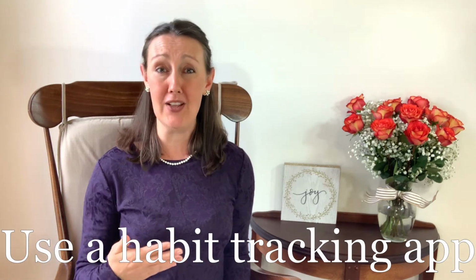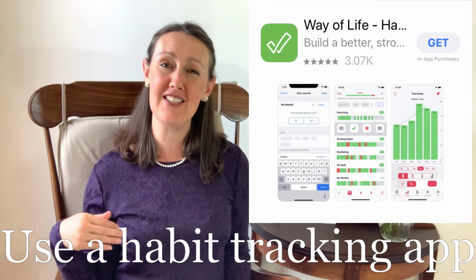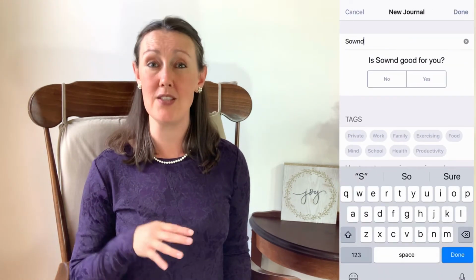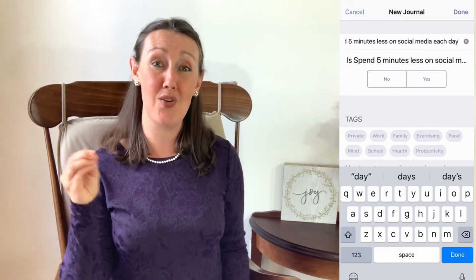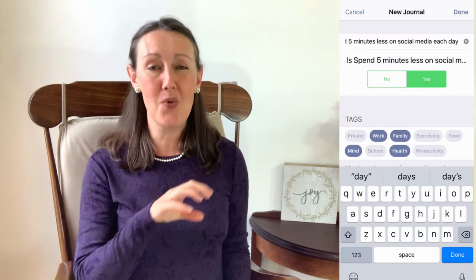All right, we're starting to get into some of the more serious or real strategies for using social media less. Number 6 is to use a formal program or application like Way of Life, for instance, that allows you to track 3 different habits for free, or of course they have paid versions. It works on Android and iOS, and it's a really intuitive interface, but it really enables you to set these goals and track your habits so that you can actually see that you are decreasing your social media usage each day. You can also use this for other kinds of habit tracking.